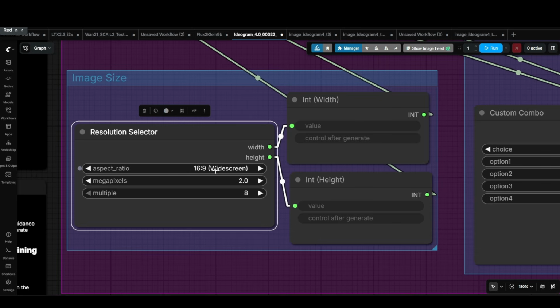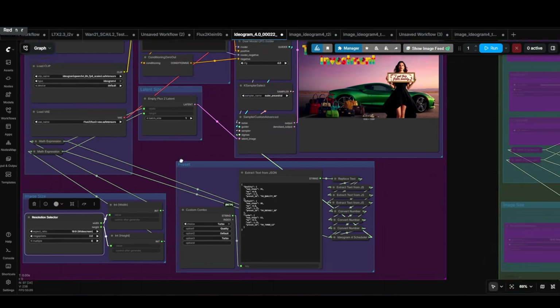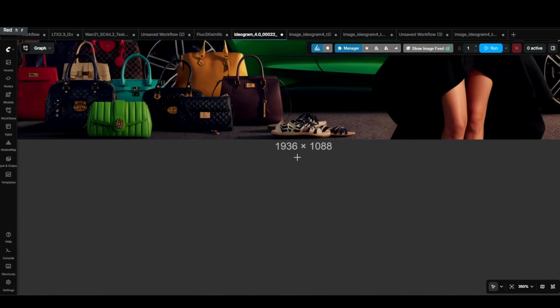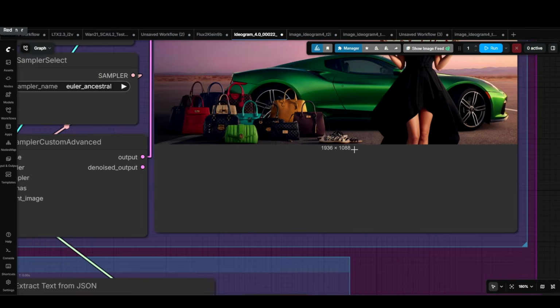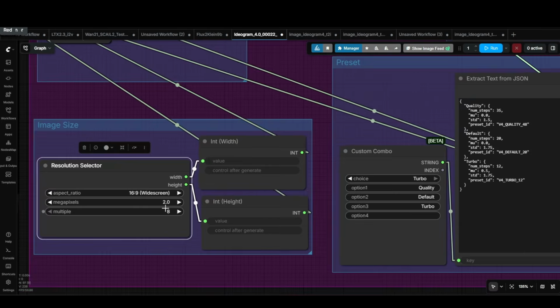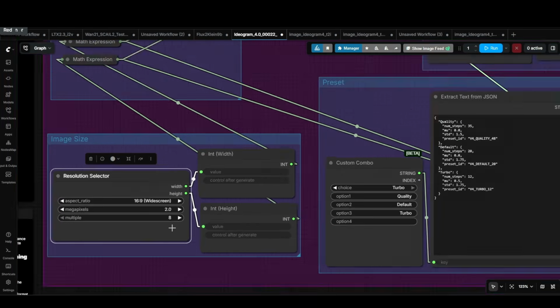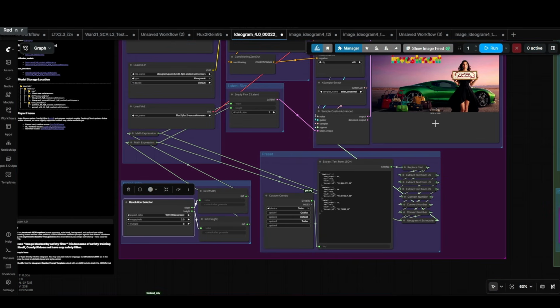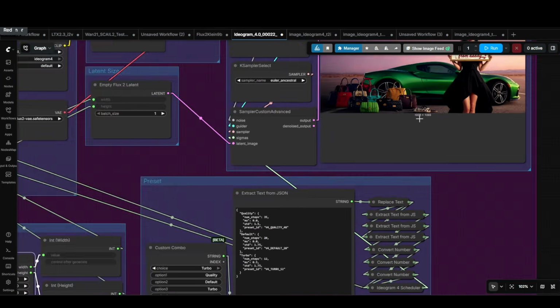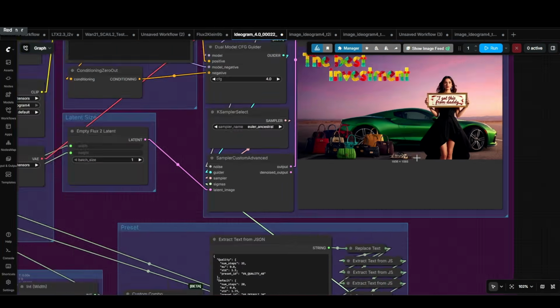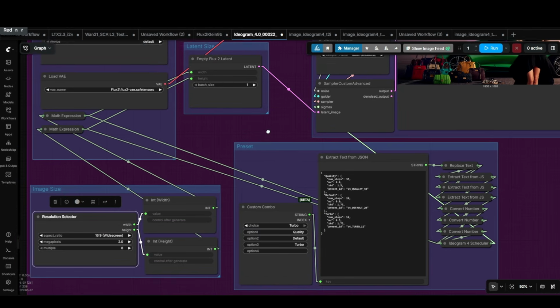As far as I know, Full HD is like 2 megapixels in theory. I guess, because if I set 2 megapixels, it's not going to be like 1920 by 1080. It's going to be like 1936 by 1088. So maybe it's just because it has like a multiply by 8 thing here, or maybe that's the original size. It's just kind of cropped somehow, or I don't know, but this is the size that you get. So I thought that since this is the size that I get when I'm setting up the size and the